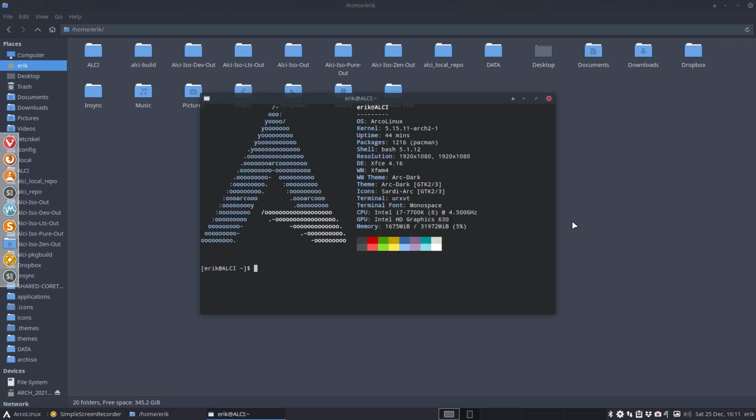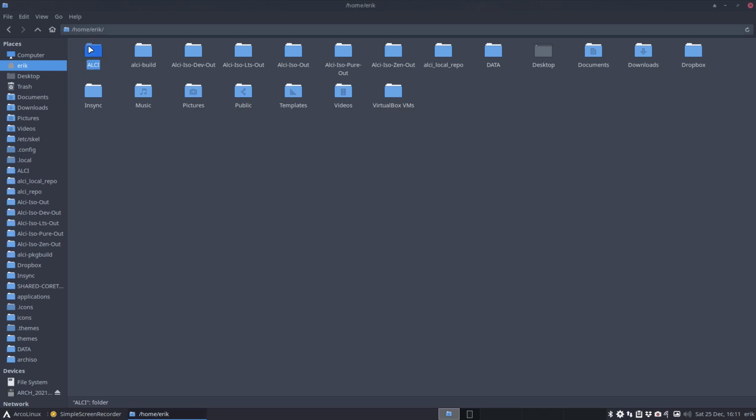Hi guys, welcome to this ISO desktop created with an ISO of 21057, and I've been rolling ever since. Is the SSD where I've created ALCI. I have wanted to actually burn, I have a USB ready that says ALCI Plasma, but looking at the code, the ALCI that we have pure is no desktop, pure out is no desktop, LTS was